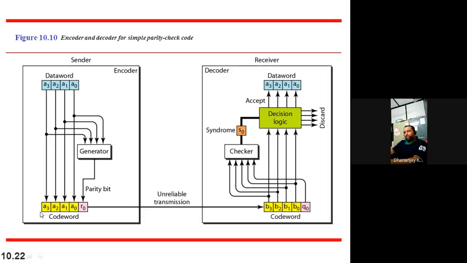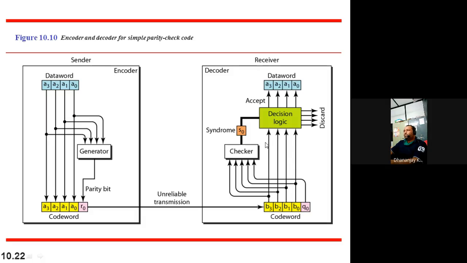And then this A3, A2, A1, A0 will now be called B3, B2, B1, B0. This R0 will now become Q0. It is very much possible that there could be a change in the data, and another possibility is there is no change in the data itself. Both things can happen. Now, this B3, B2, B1, and B0 will be given to a logical